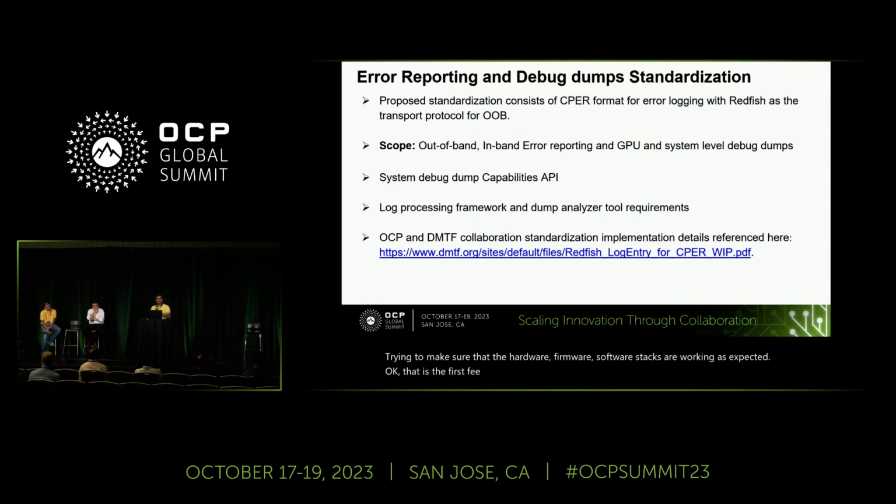Okay, the second theme of the 0.5 version spec is, when errors happen at scale, how do we harvest this data? How do we automate processing these logs, right? We want a very automated way, less manual interaction, for all the actions to identify whether you're replacing a particular FRU.